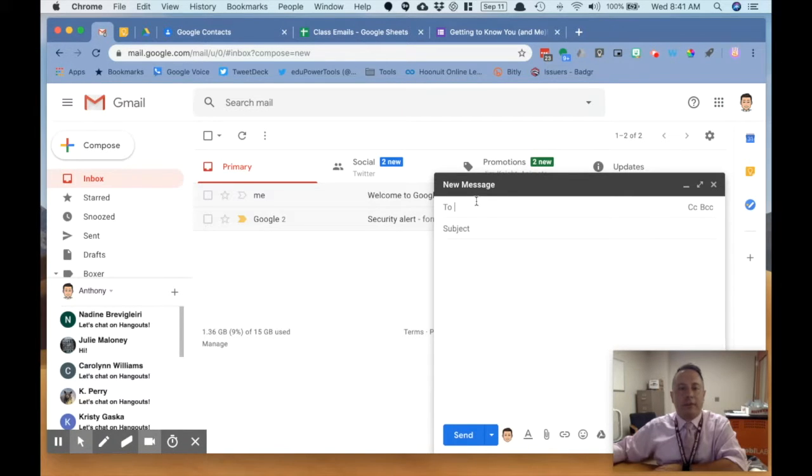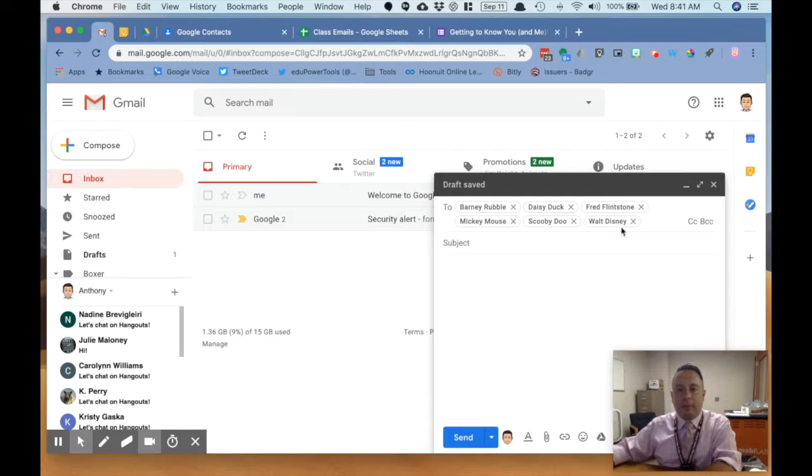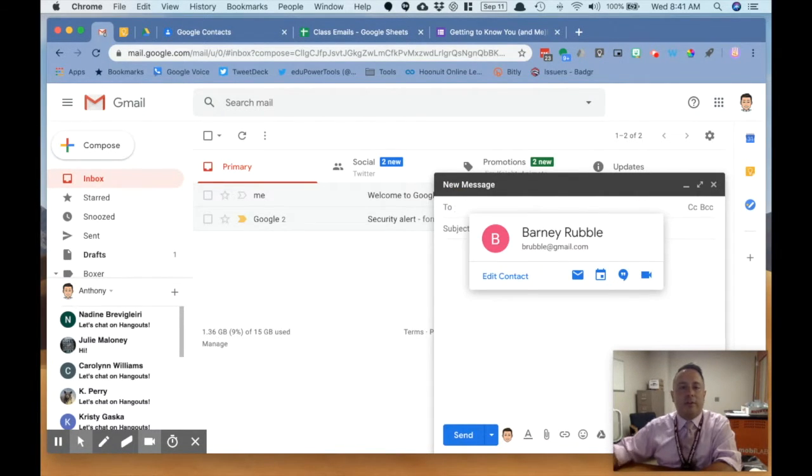All right, so I have a new message. I'm going to just start typing in that group, Period 3 Science. And see, it fills in right there, and it's going to give me all those email addresses. A note about this: see how I have it in the To field here? Generally, when you're sending out mass emails to your parents, you don't want them all to see each other's email addresses, just for confidentiality reasons. It's not an enormous deal, but I know most school districts like you to